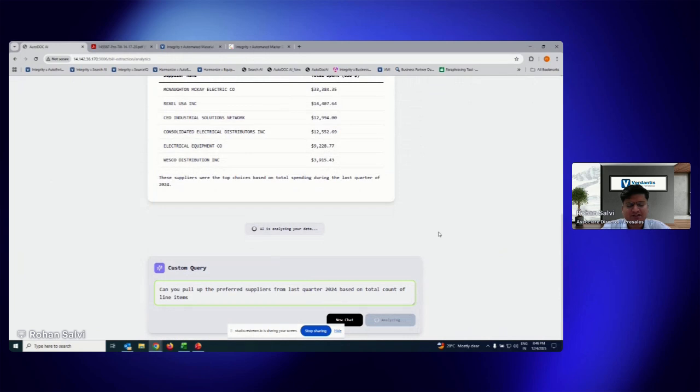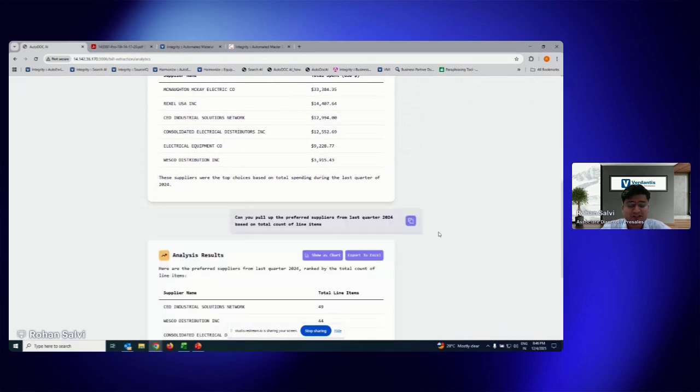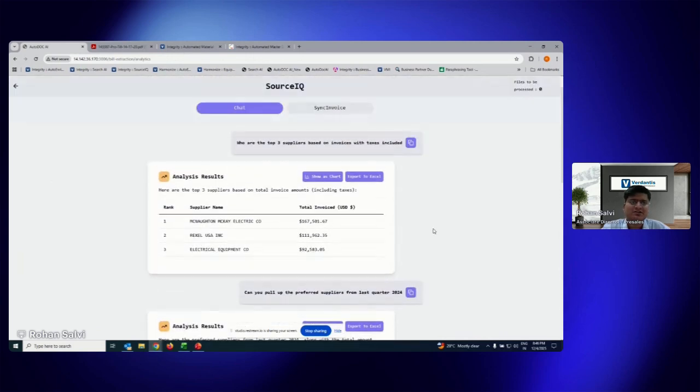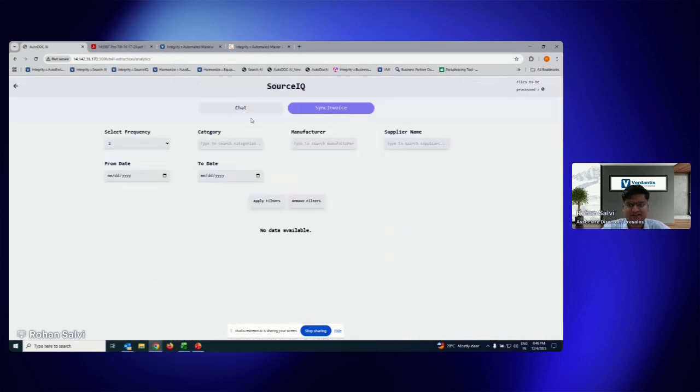Now these can be stored in the history. We can create our own favorite queries out here, which will allow us to pull up such reports quickly. The reports can be viewed in a graphical way as well. So you can see total line items present across the invoices, and that gives good, insightful information for procurement analysts and supply chain folks to act upon. Even the center of excellence can use this effectively.